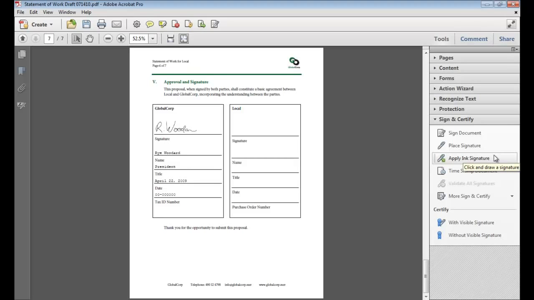To apply an ink signature, simply click Apply Ink Signature tool and use your mouse to add a freehand signature anywhere within the document. I'm going to go ahead and delete this ink signature